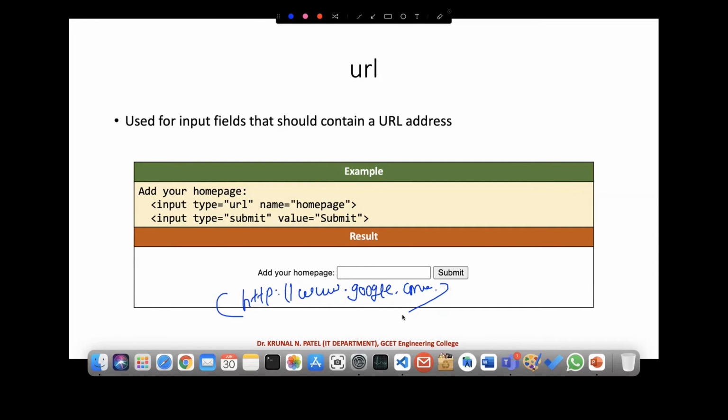If you only write www.google.com, it will not work, right? So you also have to provide the protocol. Whenever you copy the link from the browser's address bar, that whole syntax you have to provide for the URL input.